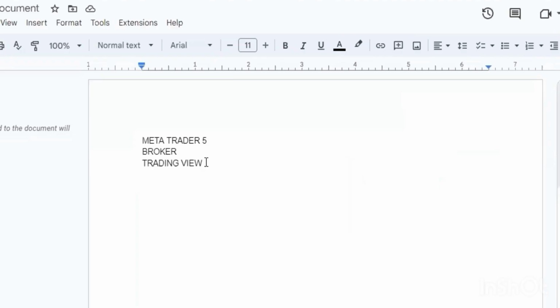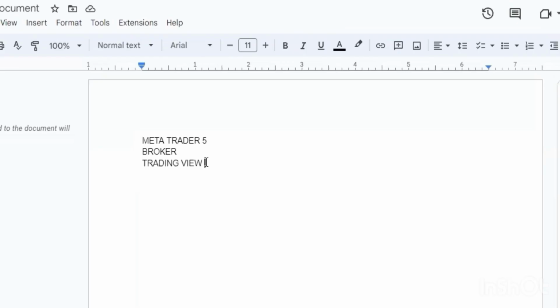You need a trading app, which is MetaTrader 5 or 4 or CTrader. You guys can just Google those. Then you're gonna need a broker. There are many other brokers out there, but you can just look at a broker. They're gonna give you your login, and that's where you're gonna deposit your money. So you're gonna use the broker to deposit your money so you can trade on MetaTrader 5, 4, or CTrader,